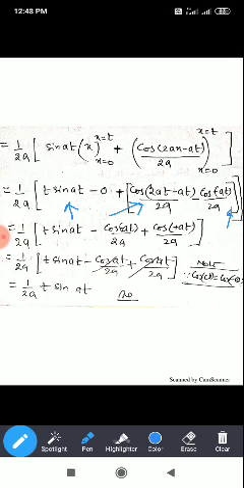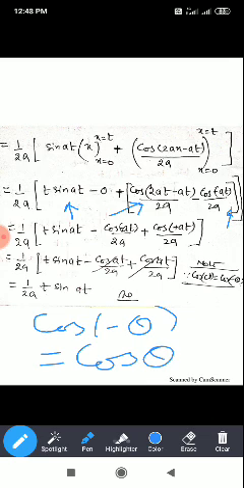So student, here we can apply the formula cos of minus theta is equal to cos theta. So it is clear that both terms have equal value with different sign. So we can write this equal to 1 upon 2a t sin at, which is the required solution of this problem.